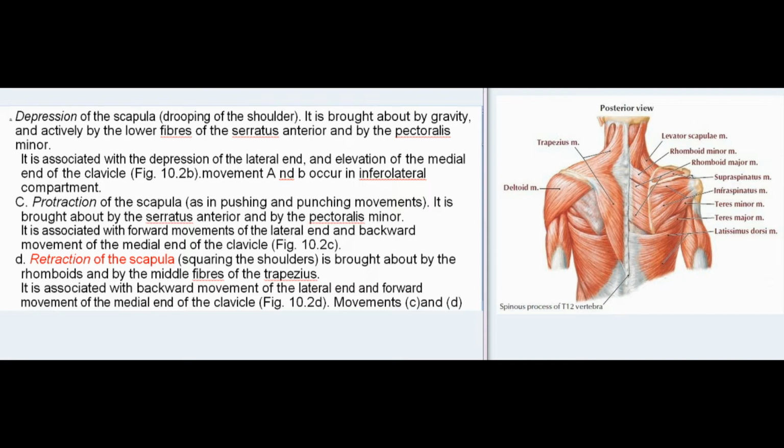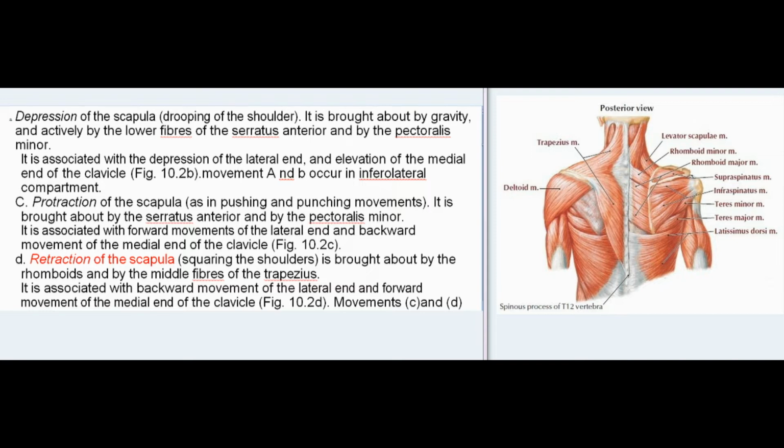Protraction of the scapula, as in pushing and punching movements. It is brought about by the serratus anterior and by the pectoralis minor. It is associated with forward movement of the lateral end and backward movement of the medial end of the clavicle,